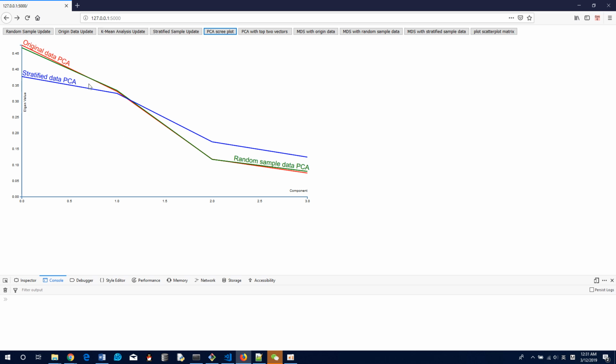But for the stratified data, we just choose one of them, so it shows a lot of difference here. That's the different part. So we use these graphs to compare with each other. And the next thing is to mark the difference. Next, we need to make the scree plot